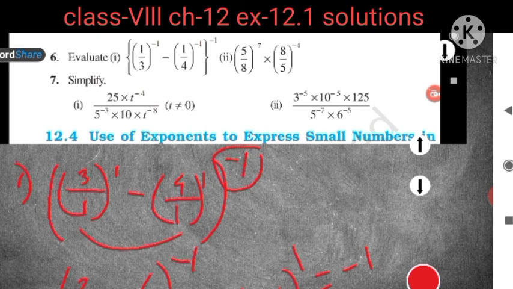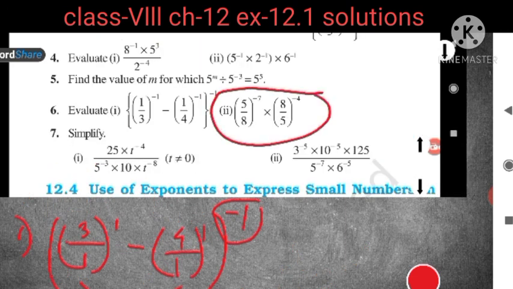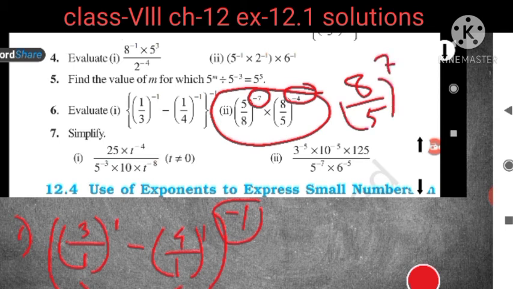Now come to the next question. Question number 2 I will keep as homework. Here you can see they are in fraction and the power is negative. Then what you have to do is just reverse this. You will write 8 upon 5 and 5 upon 8. After that you will solve them according to the power. 8 upon 5 to the power 7 means 8 upon 5 is multiplied with 8 upon 5, 7 times. You will multiply all the values like that. After that you will cancel whatever can be simplified, and whichever are not cancelled, you will multiply and write the value. So this question is your homework.